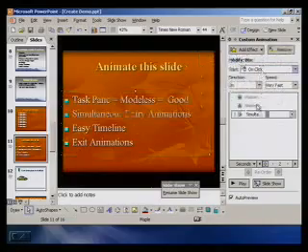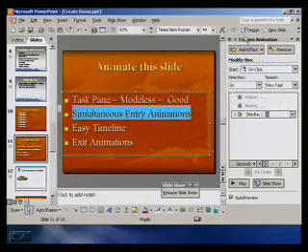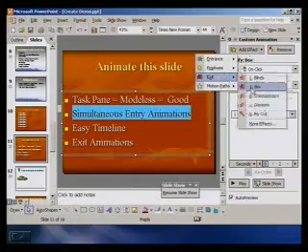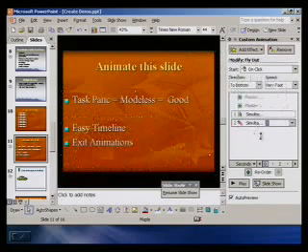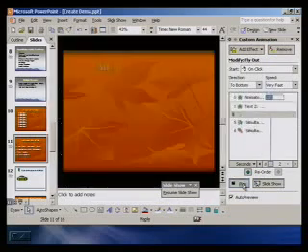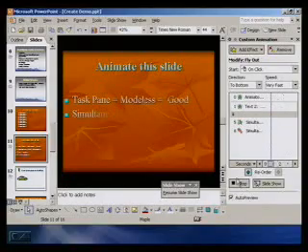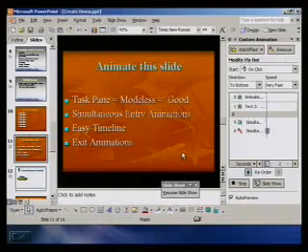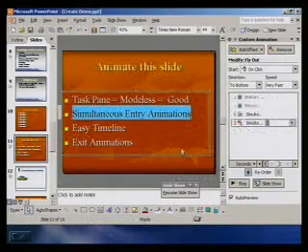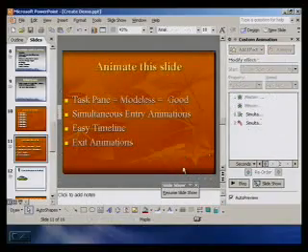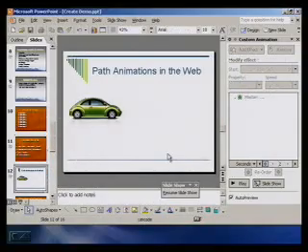So I'll add an entrance one here, which is the box. And then I'll go and add another effect, which will be an exit here. And we'll just do a fly out. And then if we run this all together, the slide will animate. And then the last point will fly out. Oh, went a little too fast. However, here's something that I created